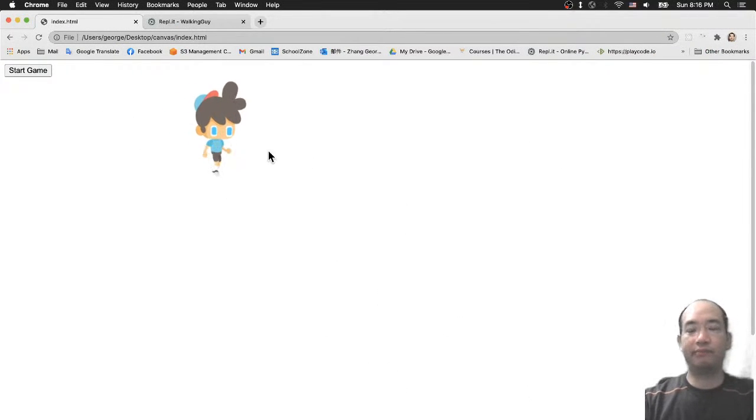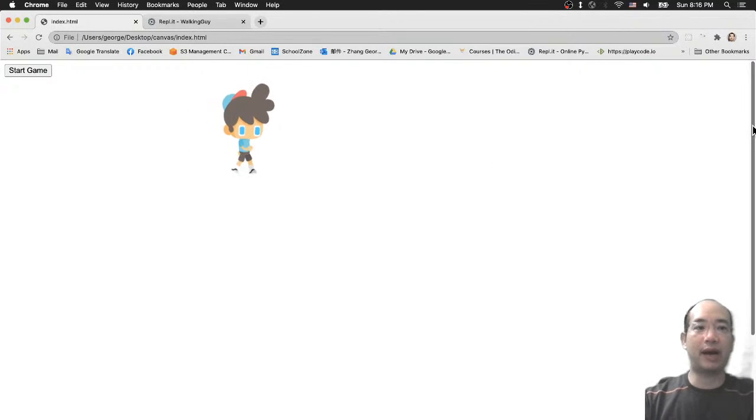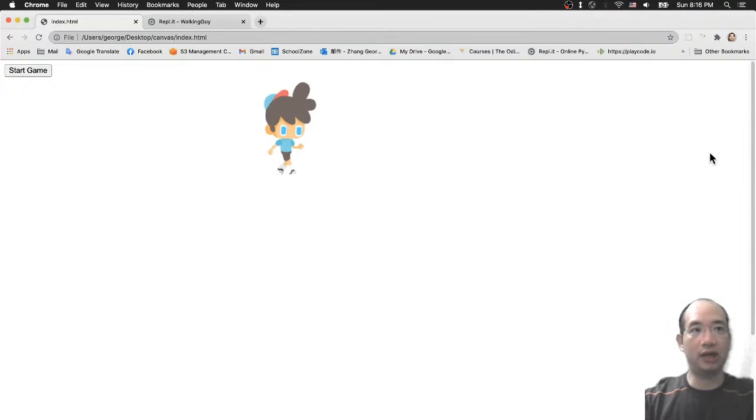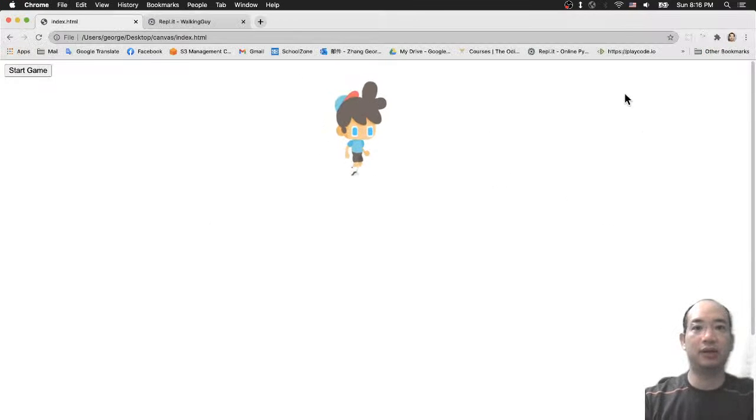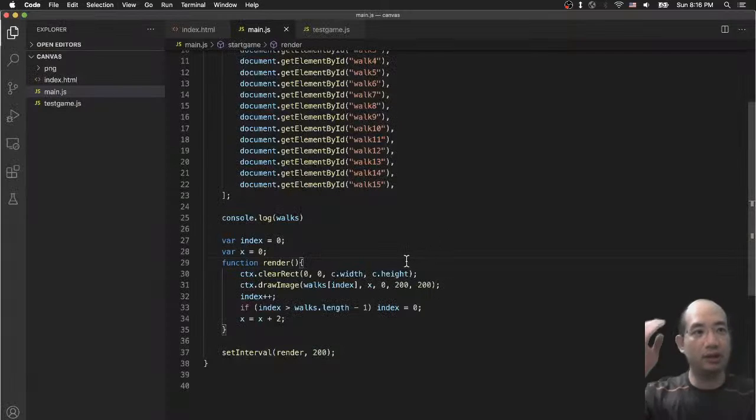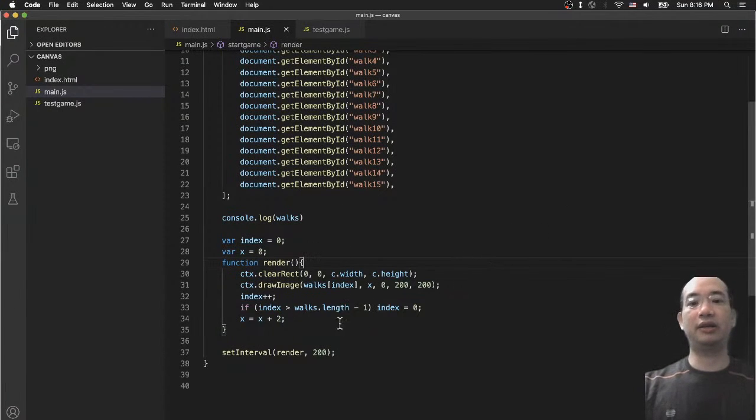And one more change for you guys is this guy will eventually walk out from this screen. So if it walks out here, I want you to make it go down or something like that. Hopefully you understand what I'm talking about. But if you are here, it will eventually walk out from this canvas. So I guess you guys can do a lot of things with this guy,